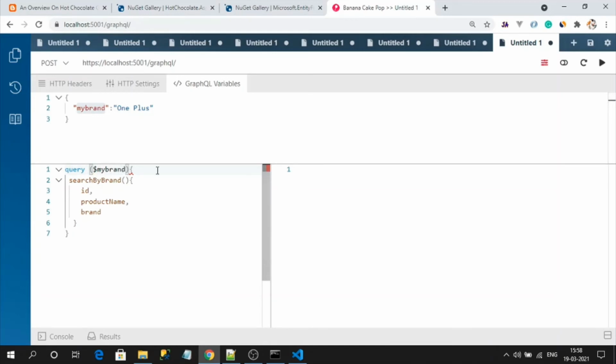Here I need to specify the type of the value held by this variable. The value held is 1 plus, which is nothing but a string. What is the string type in GraphQL? Capital S String. We have successfully defined the